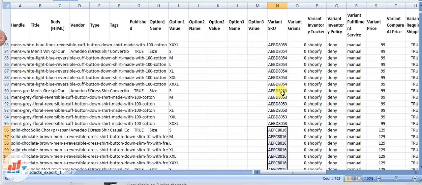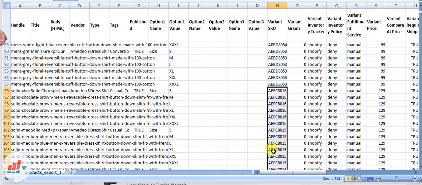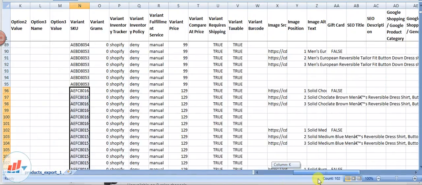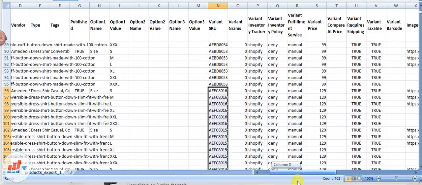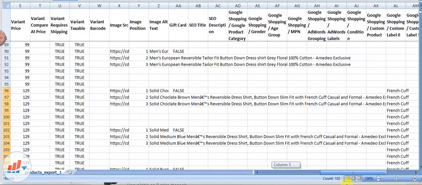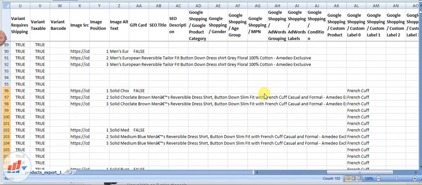Now how can I edit the Google custom label here? If you drag it to the right, you can see there are certain columns where you can provide different information for Google Shopping. Here you can see there are options for custom label 0, 1, 2, 3.